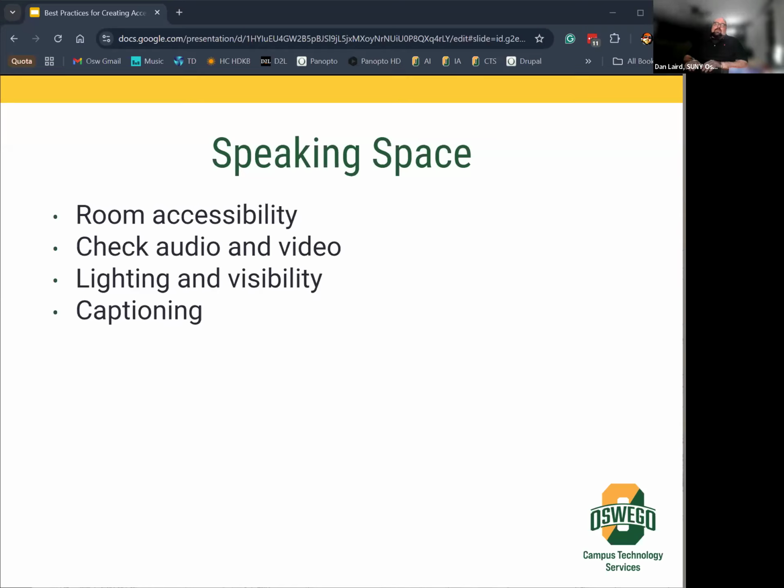Checking the audio and video before you get there, making sure that everything's working so that everybody can get the best experience from your presentation as possible. Making sure the lighting's good, people can see you, and visibility. Sometimes there's rooms that have pillars in them, and you don't want to stand behind them and part of your audience not be able to see you.